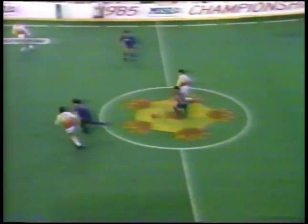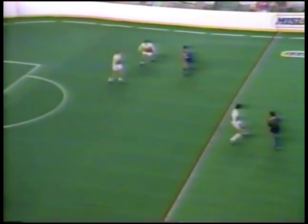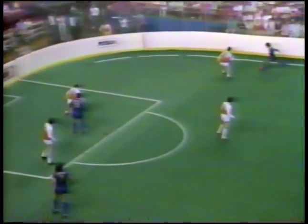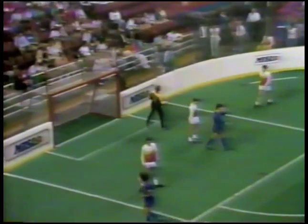Zungul having a little trouble getting around. Stankovic, the Yugoslav, will bring it out very effectively, and Zungul now will come back with him. Set up nicely this time by Brian Quinn, who had that hat trick in game number 2 against Baltimore. Off the board, and it'll go off of Holzenbein, Bernd Holzenbein out of West Germany, and it'll be a corner